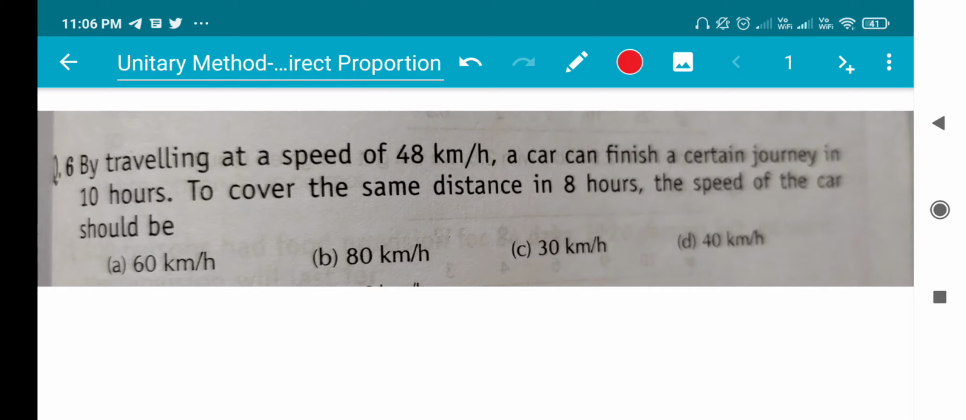Once again we have discussed the unitary method problems, so without wasting time let's go further. So the question is: